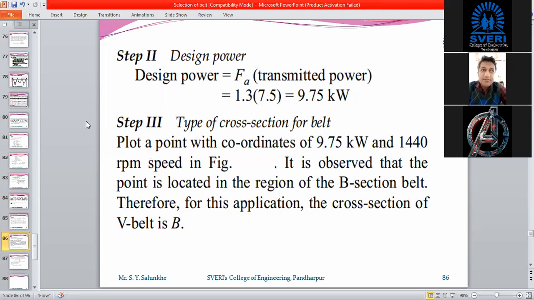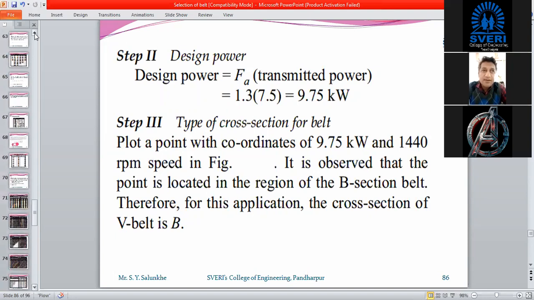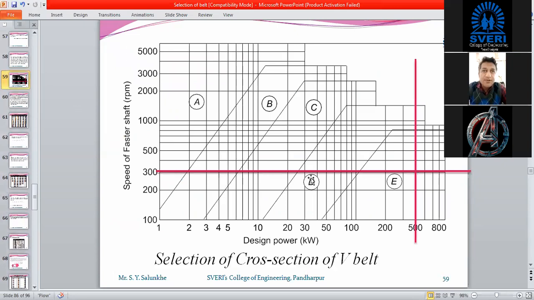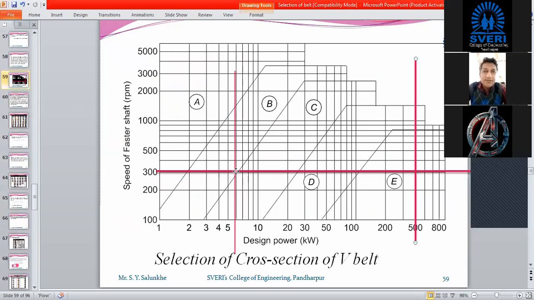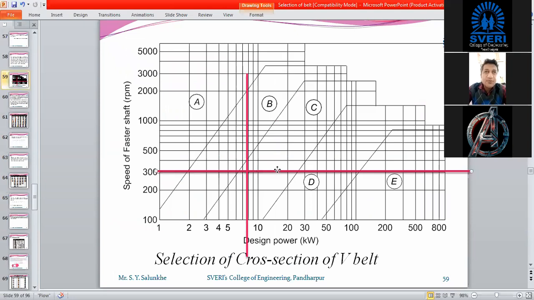Then on that, we have to decide here: 7.5 kilowatt, and input RPM is 1440 RPM.